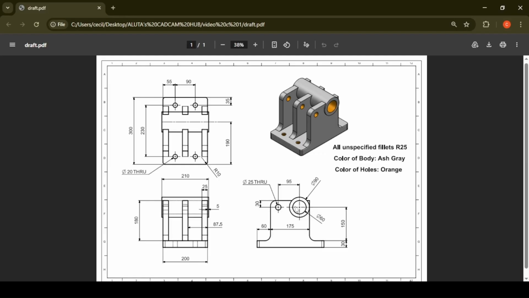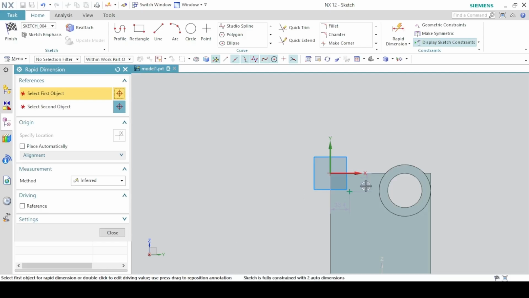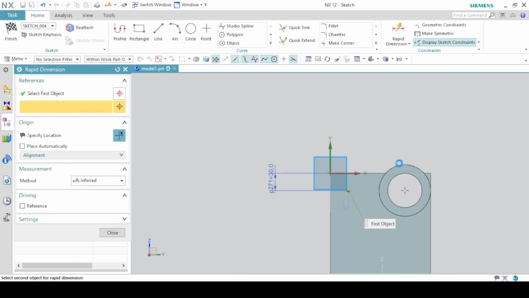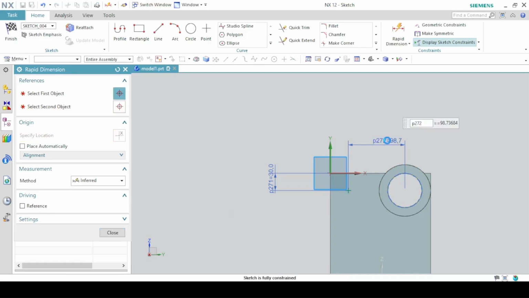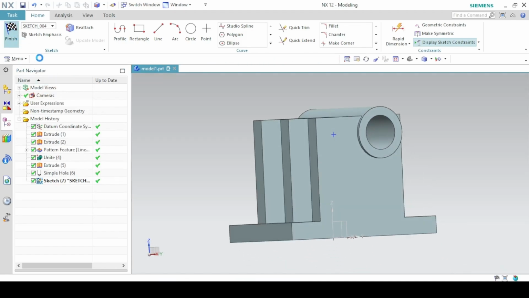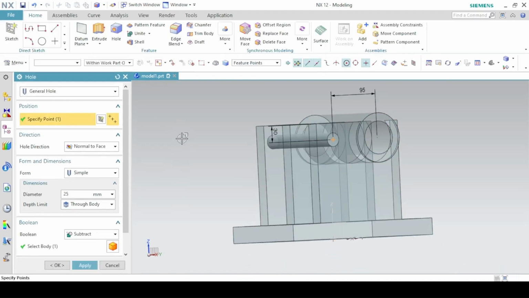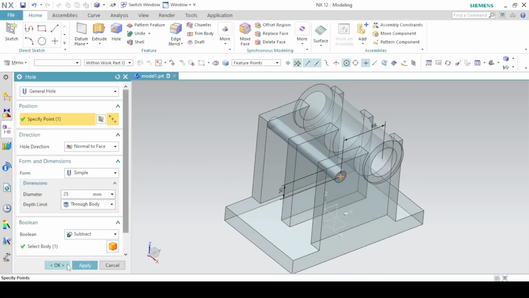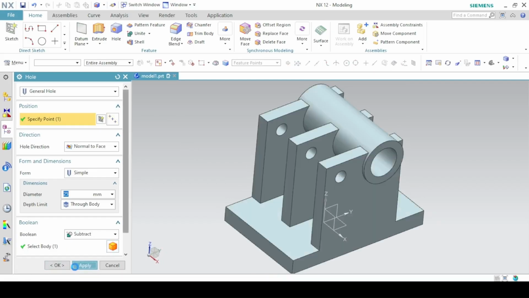The distance from this center to the center of this hole is 95. Sketch is fully constrained. Finish. Apply.